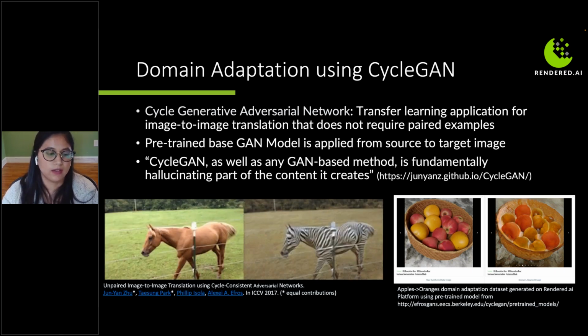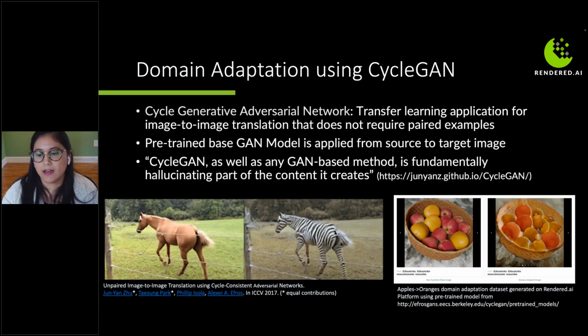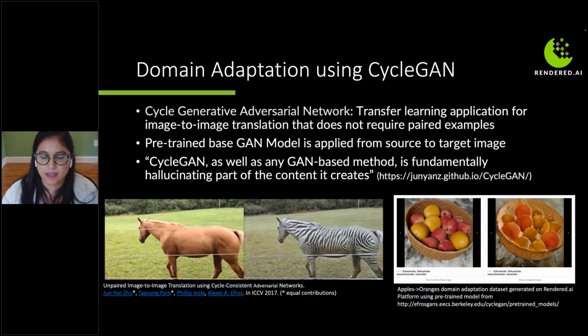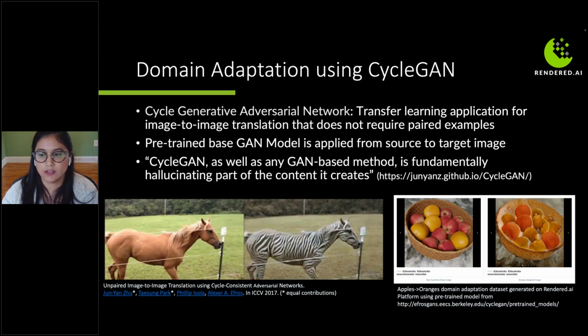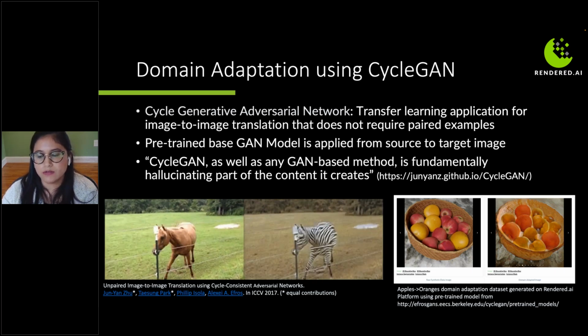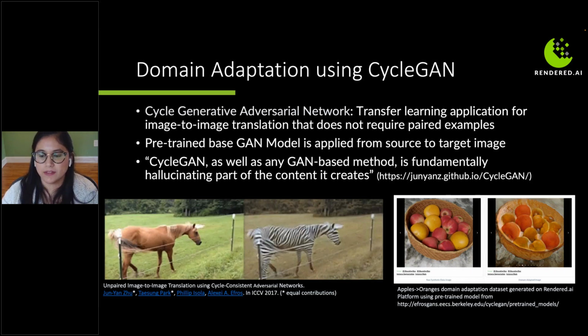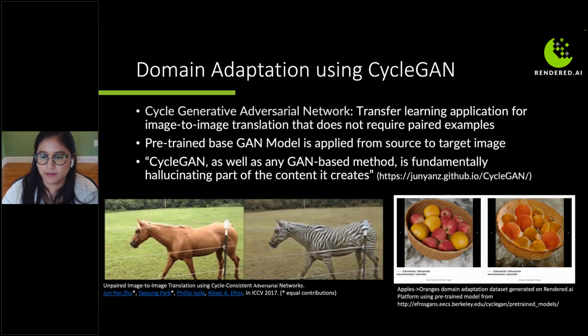So maybe you want to sharpen an image. I have an example here on the right where we converted a basket of apples and oranges to just oranges. We used a pre-trained model called Apples to Oranges from the Berkeley website linked below. This